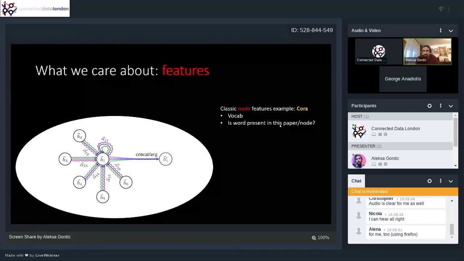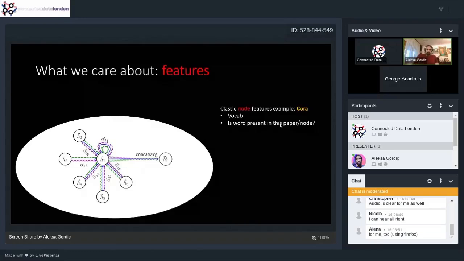So there is this famous benchmark data set in GraphML called Cora, and the semantics of it is just a citation network, meaning every single node is a research paper, and an edge in that graph means that paper cited some other paper. So what kind of features does Cora have?